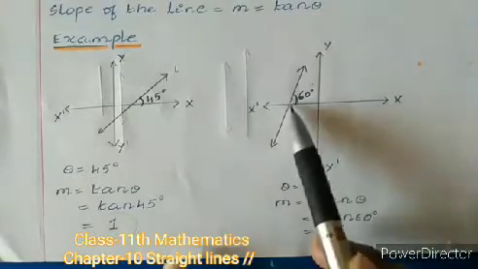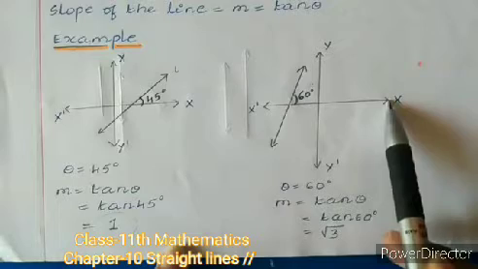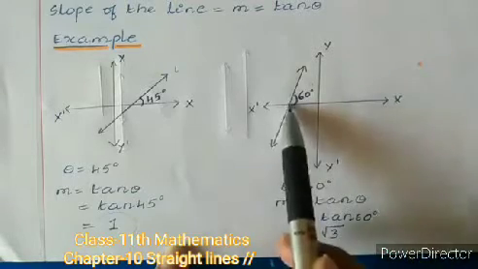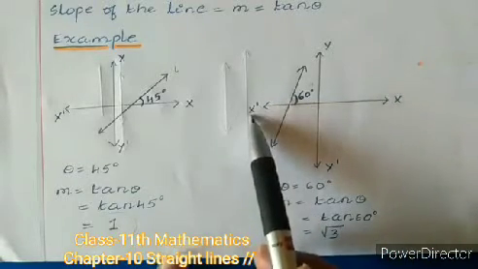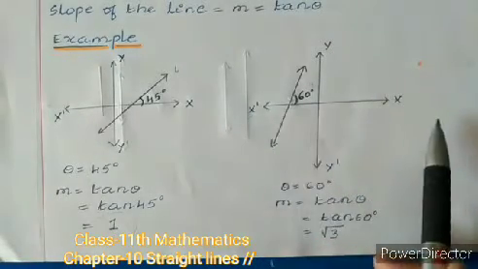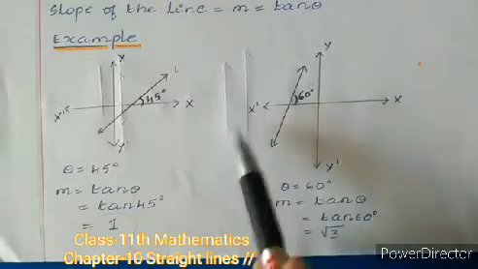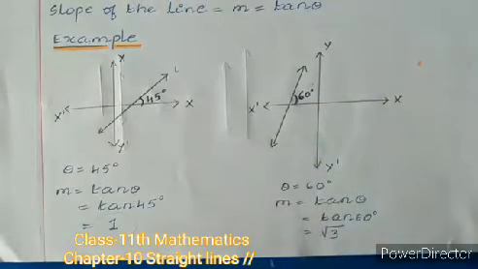And see here, this is the positive direction, that is, the right side of the line forms the positive x-axis direction and the left side of the line forms the negative x-axis direction. We are not interested in the negative axis and positive axis. We are just talking about the positive direction and negative direction here. Just keep that in your mind.